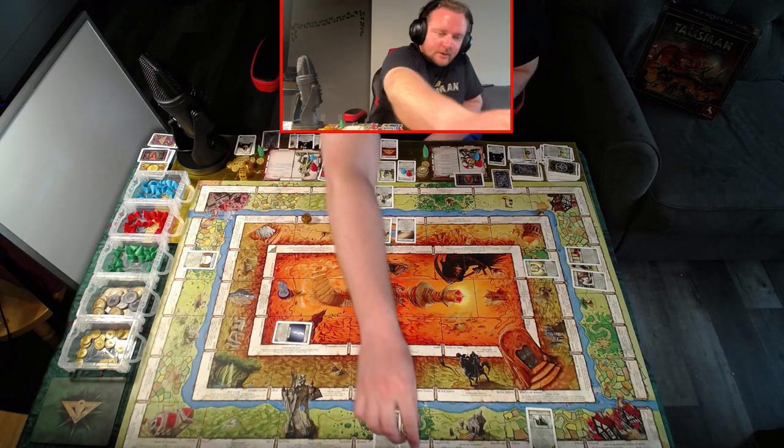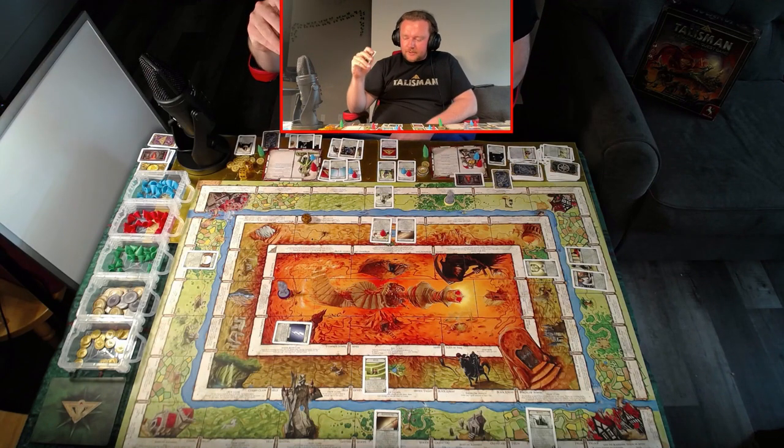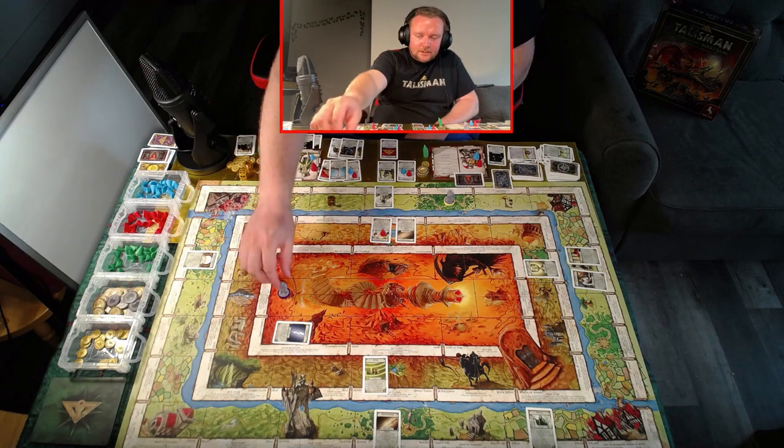Elf is going to teleport to the other woods. Draws a wild boar, strength 1. That's a definite auto win. Not even going to roll. And then